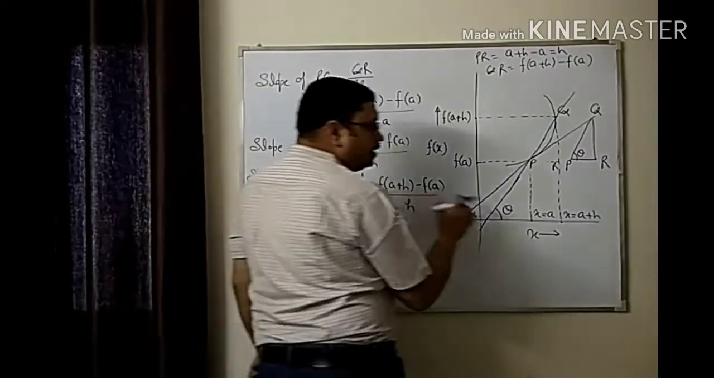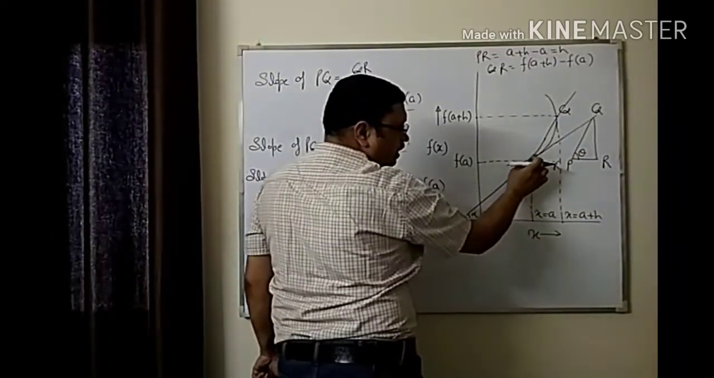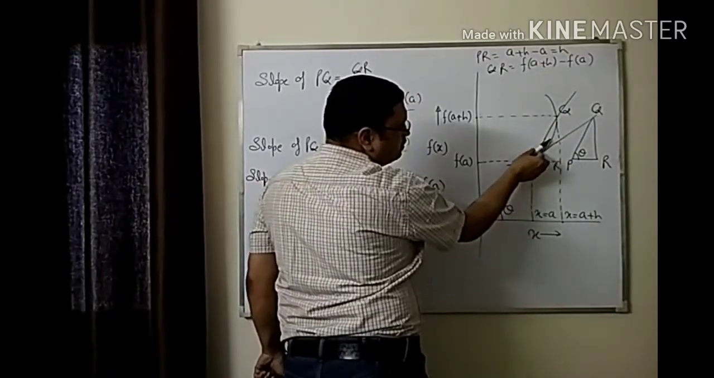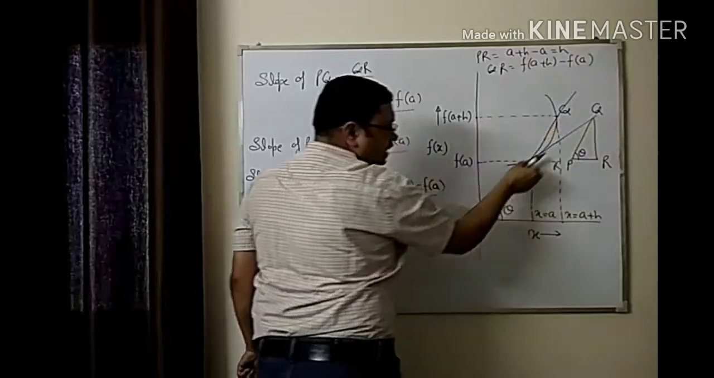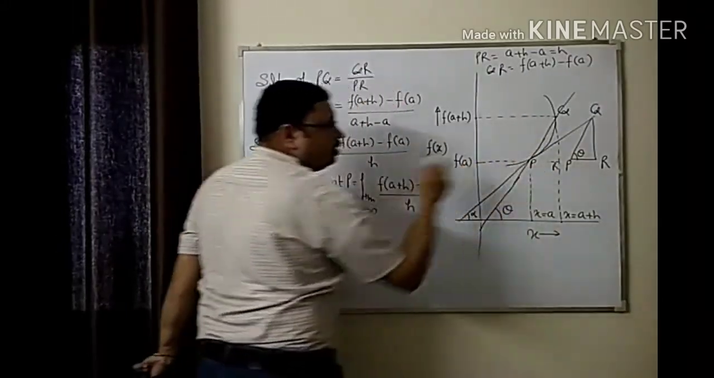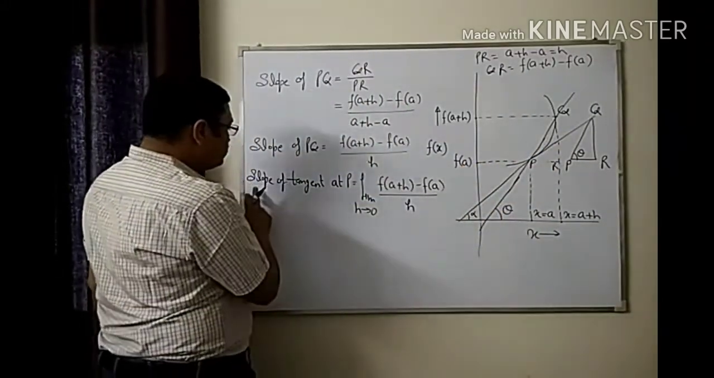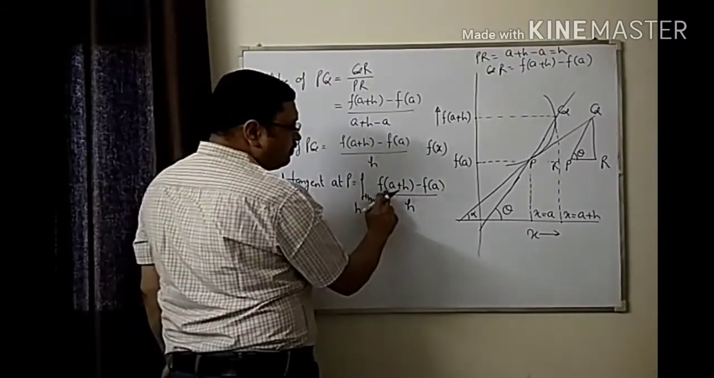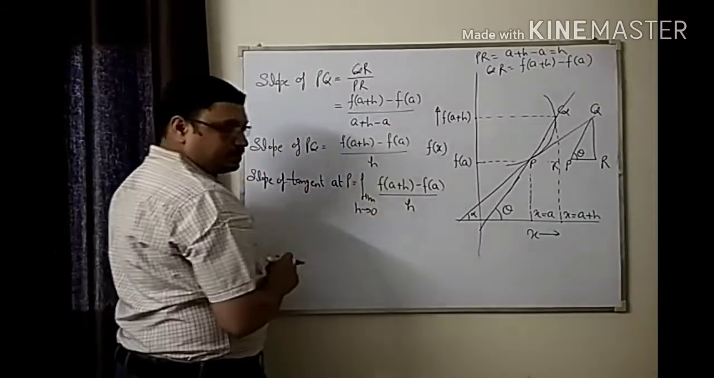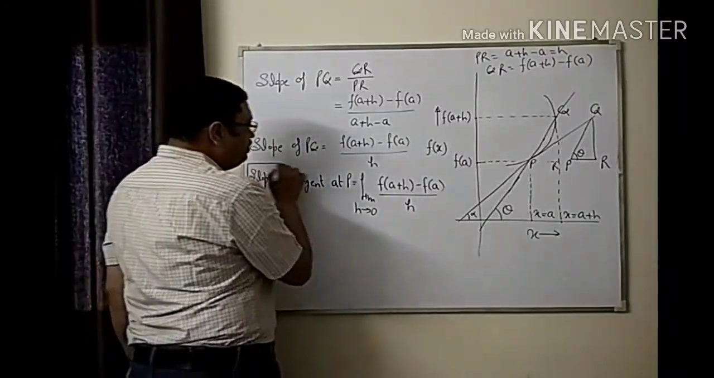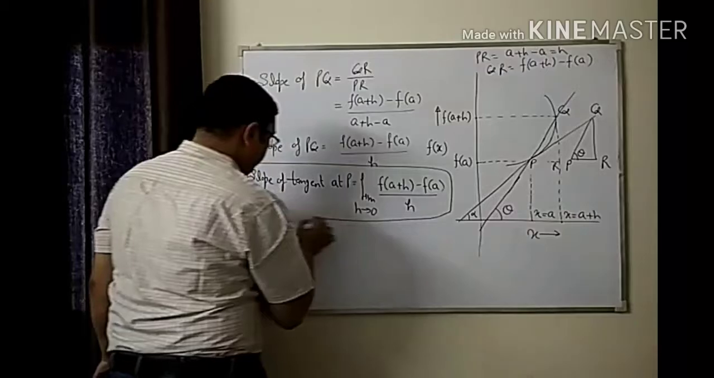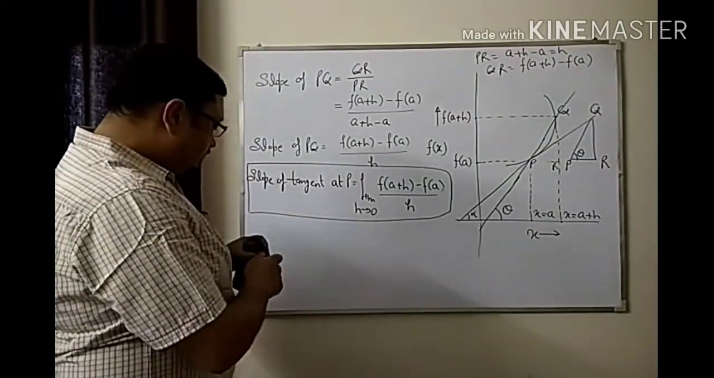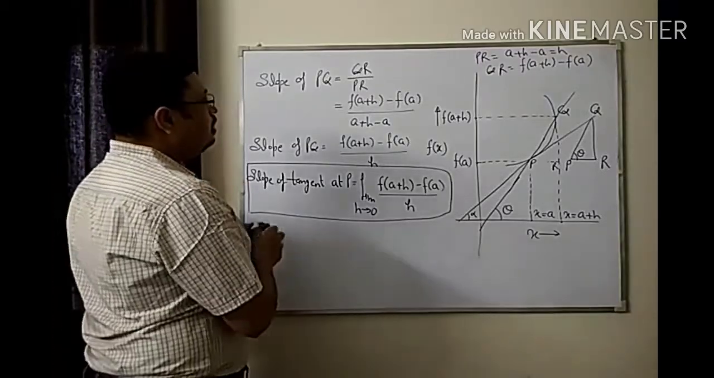And now what is the meaning of this? If point Q comes on P, this PQ comes like this, so it becomes a tangent at point P. So the slope of the tangent at point P is equal to limit h tends to 0 of f(a+h) minus f(a) upon h. So this is the physical meaning of the derivative. I hope it is clear. Now